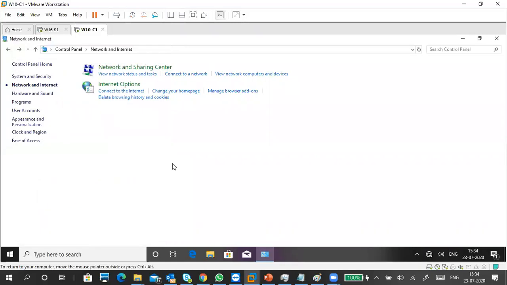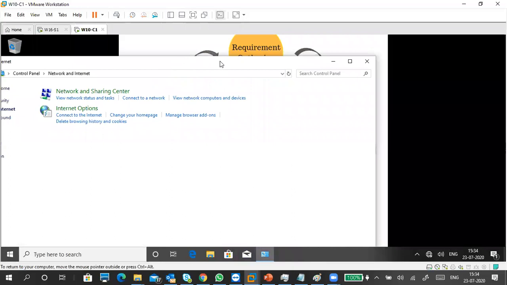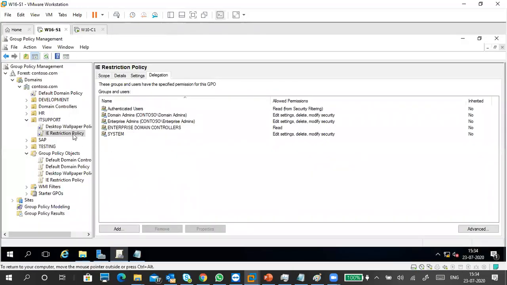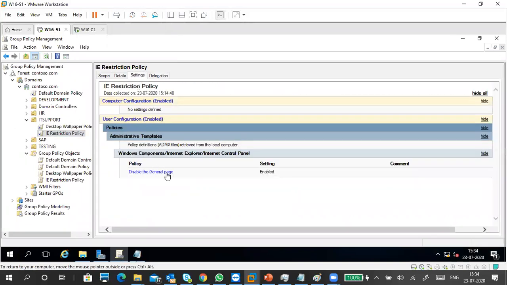So this is our morning practical, right? This is how we are getting it because of the policy we made in the server. Because of this we are getting this. If you go to this one, disable general page is linked to IT support. Okay. Now,